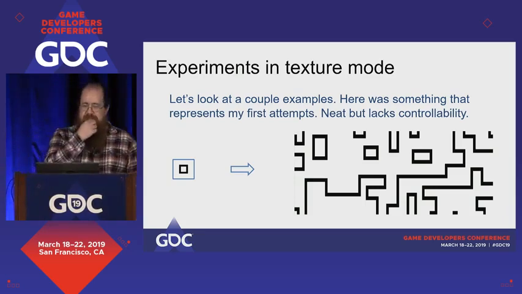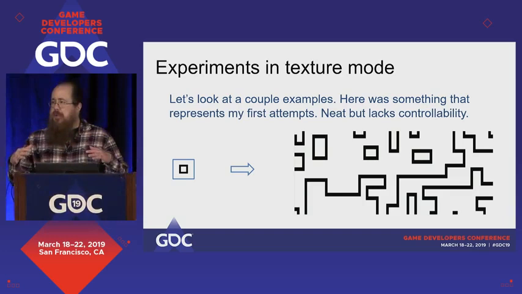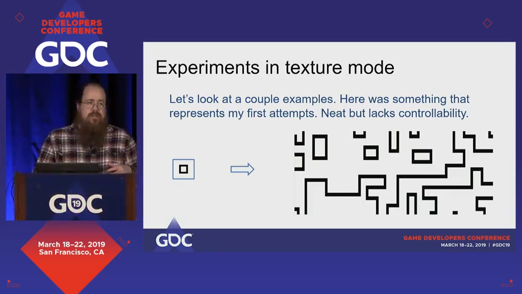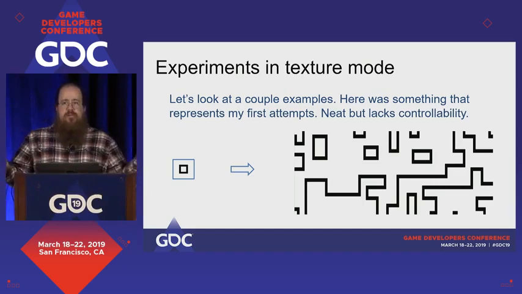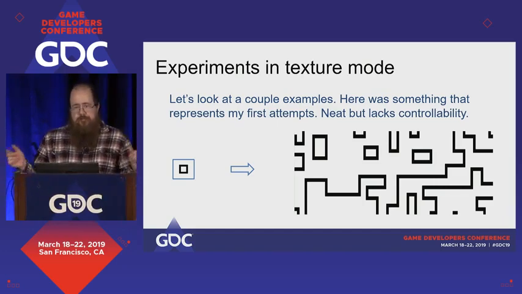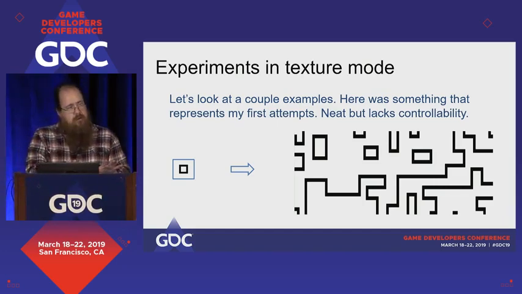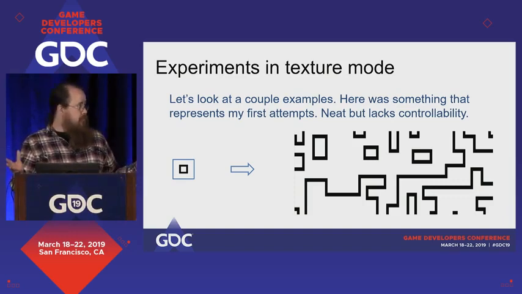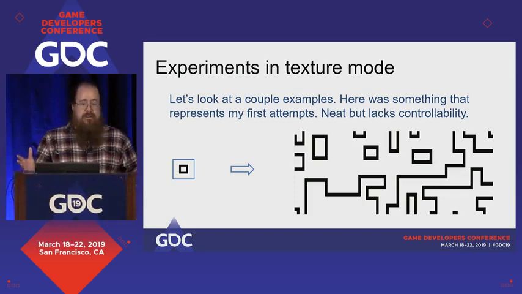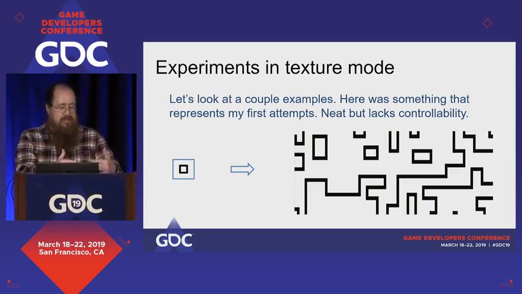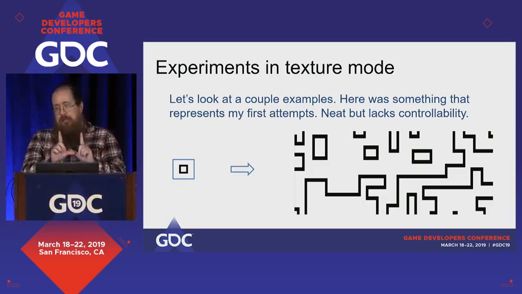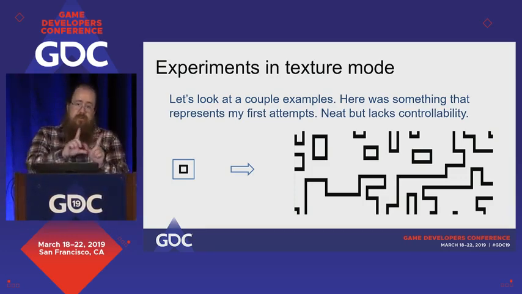And so this was my first experiment in texture mode. In respect to building tile maps, I wanted to build structured output. So in this case, I was like, well, can I make it build little square buildings for a village? That would be neat. I gave it a black box on a white background, and I did not get a bunch of little square buildings. And it turns out that's because, what is the image telling it? It's telling it basically on the order of 3 by 3 pixels that a line can turn left,